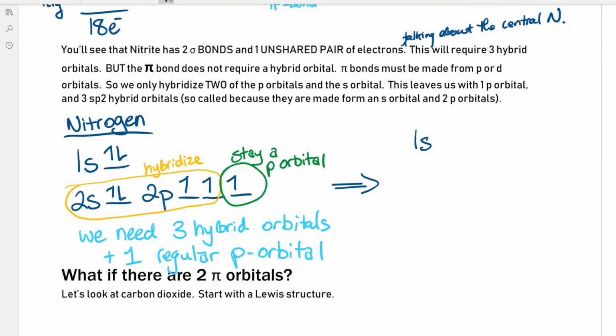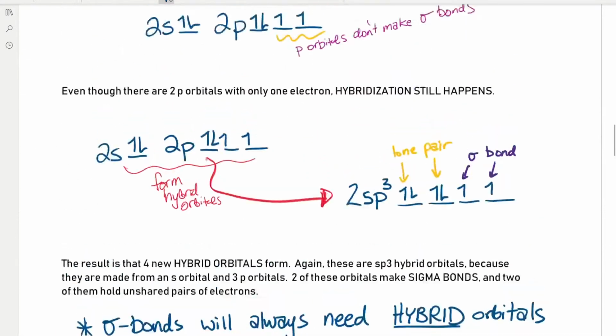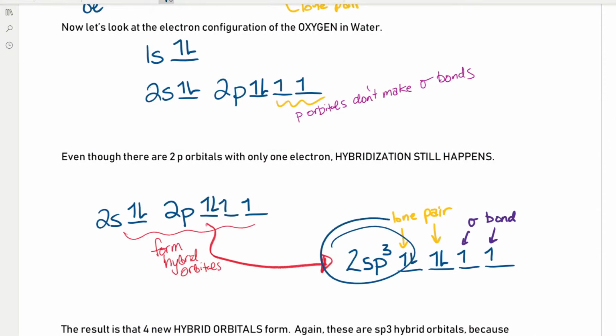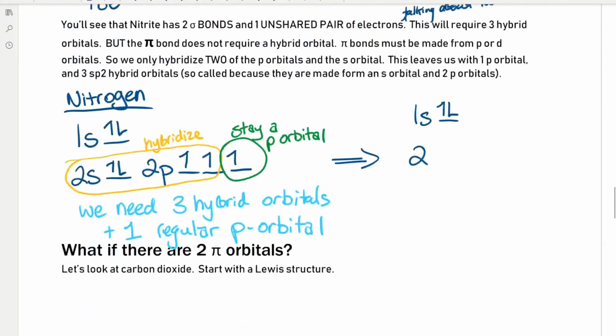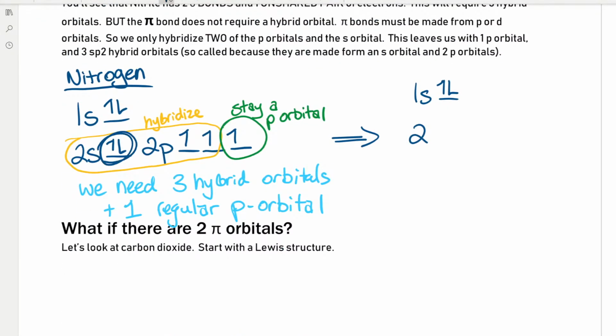We still have 1s, obviously, still got 2 electrons in it, but then at level 2, we now have a hybrid orbital. And just like above, we're going to call it an sp hybrid. Now here we called it sp3, because it was made from an s, and then 1, 2, 3 p orbitals. But here, we're not using 3 p orbitals. It's made from an s orbital, and then 1, 2 p orbitals. So we're going to call it